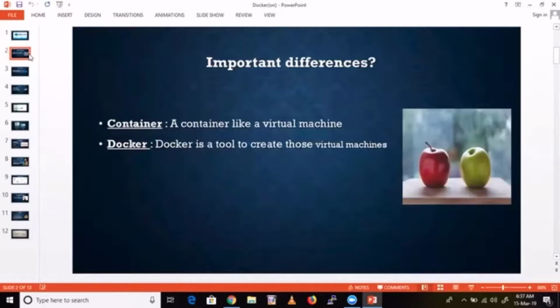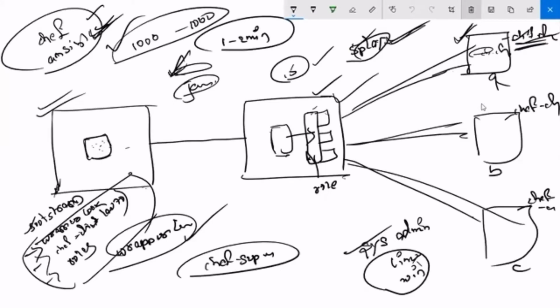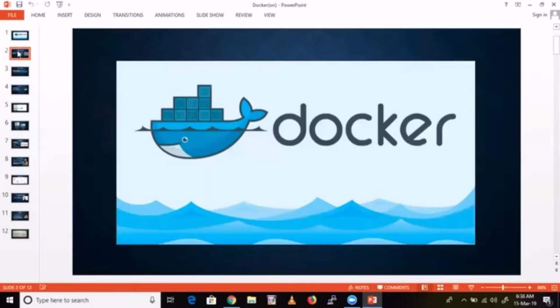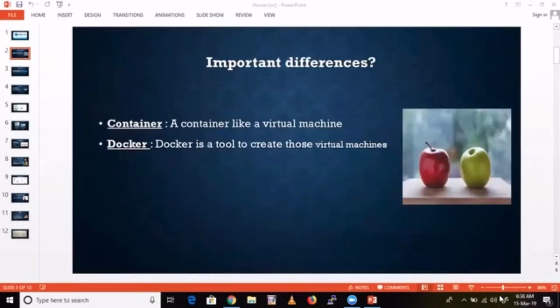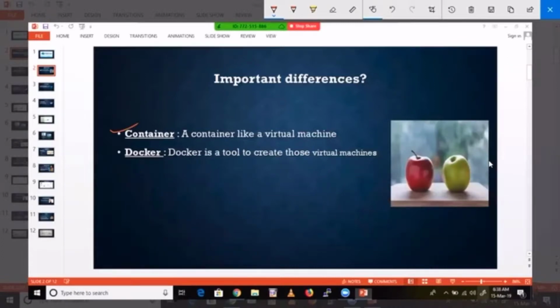So coming to Docker here. First of all, we should understand containerization. A container is like a virtual machine, guys. So don't look for the definitions in Google. They'll try to confuse you like anything. For example, I'll show this one.